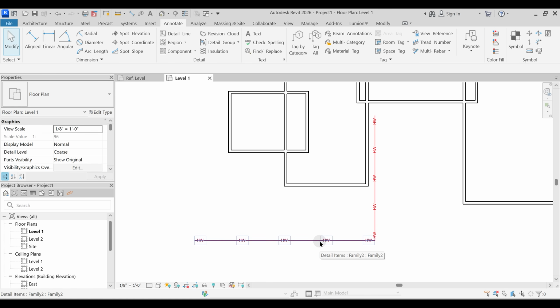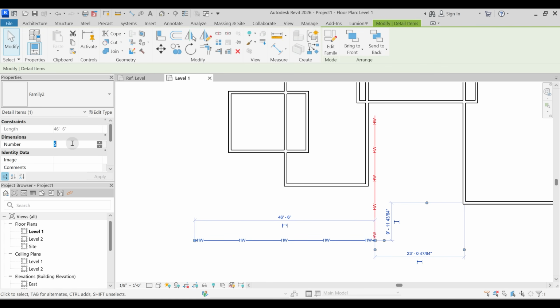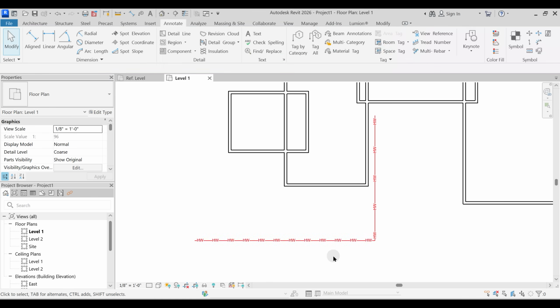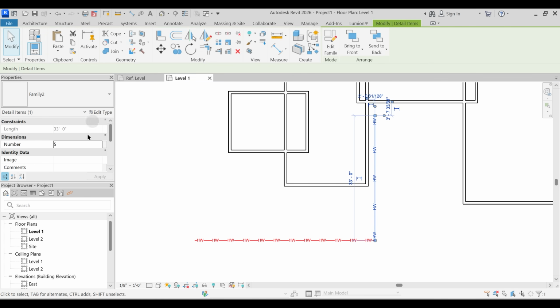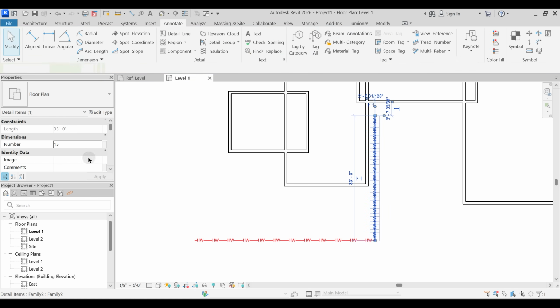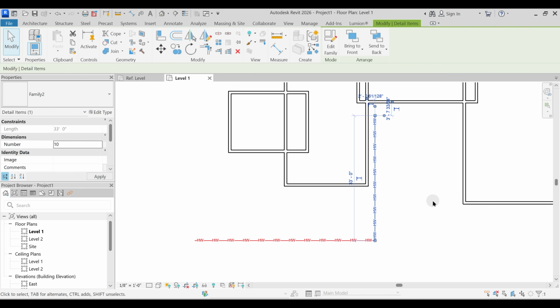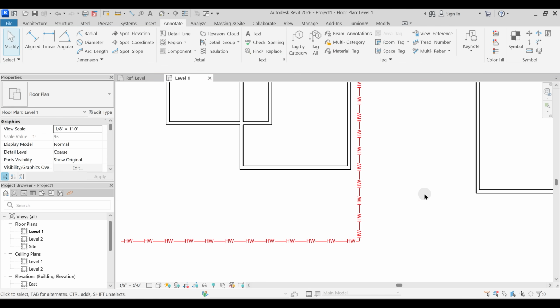Now let's say that within this segment, I want 12 of them. Then that will multiply to 12. Within this segment, I want 15 of them. That will multiply to 15, but this is too dense. So I will just stick it at 10. Okay. Now what if you want this one family